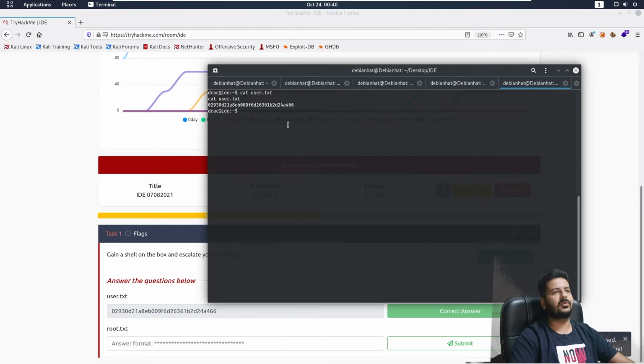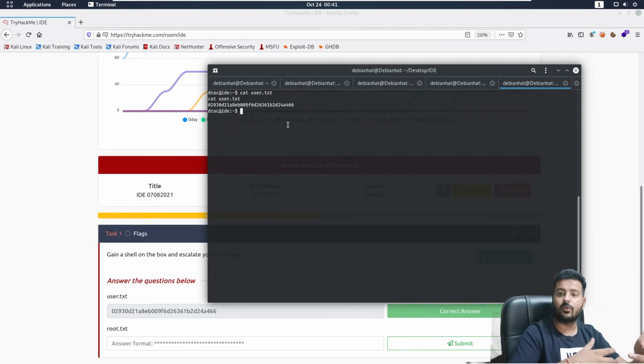What else? First things first, when we got into the shell, we have been there as the direct user. Now we need to escalate our privileges more to get into the root user. There are many things that we could try. We can look for weak file permissions, like read and write permissions on the etc passwd file or etc shadow file, that we'll be able to read or write. We can check for that. We can check for bash history over here as well, as we did. So we have already been done with it.